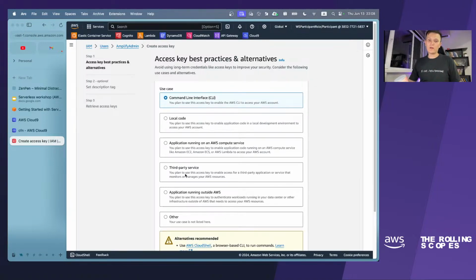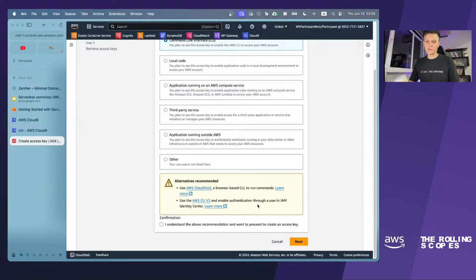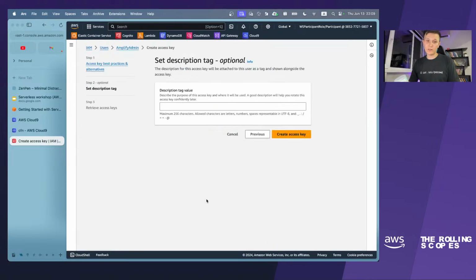Actually, the access keys will not depend on what use case we choose here, but we will get some recommendation, like if you use some CLIs, please use another way to attach your user credentials to the CLI. In our case, we don't use AWS CLI, we don't use AWS CloudShell, we use Amplify CLI, and that's okay to attach the access key and secret key to the AWS CLI.